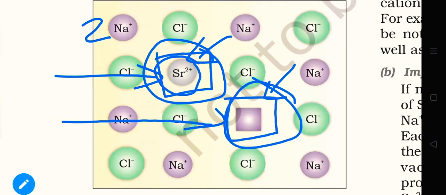Here we can say this location is the impurity defect, and here because of that impurity we have a vacancy defect. One more example is in AgCl compound, we can add CdCl2, because in AgCl, Ag has plus 1 oxidation state and CdCl2 has plus 2 oxidation state of cation. If we add impurity of Cd plus 2 in Ag plus compound, then it will remove 2 Ag plus per 1 Cd2 plus. At one location Cd plus 2 will occupy and the second location will remain vacant. So this is impurity defect.